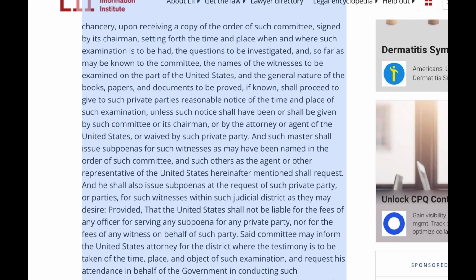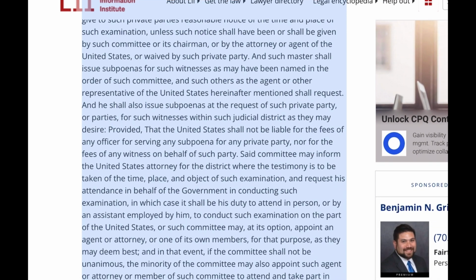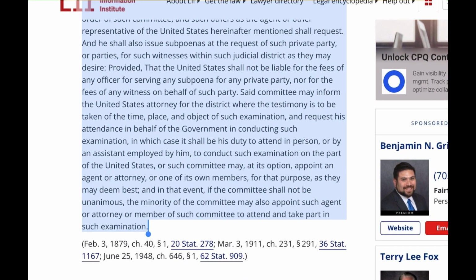And such master shall issue subpoenas for such witnesses as may have been named in the order of such committee, and such others as the agent or other representative of the United States hereinafter mentioned shall request, and he shall also issue subpoenas at the request of such private party, or parties, for such witnesses within such judicial district as they may desire, provided that the United States shall not be liable for the fees of any officer for serving any subpoena for any private party, nor for the fees of any witness on behalf of such